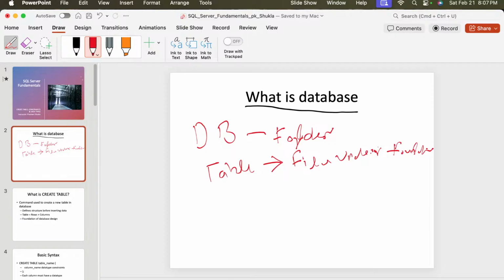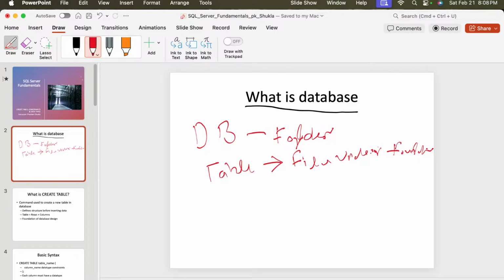Okay, so you can consider tables like files inside a folder, just like an Excel file, right? We have a folder, मेरे पास एक folder है, उसके नीचे बहुत सारे फाइल हमने कंटेन कर रखा है. वही होता है, डेटाबेस को आप एक फोल्डर समझिए और टेबल को आप उसके अंदर की फाइल समझिए, राइट? सो टेबल के अंदर क्या होता है? टेबल के अंदर होता है डेटा। सो डेटा को स्टोर करने के लिए हम यूज करते हैं टेबल को।